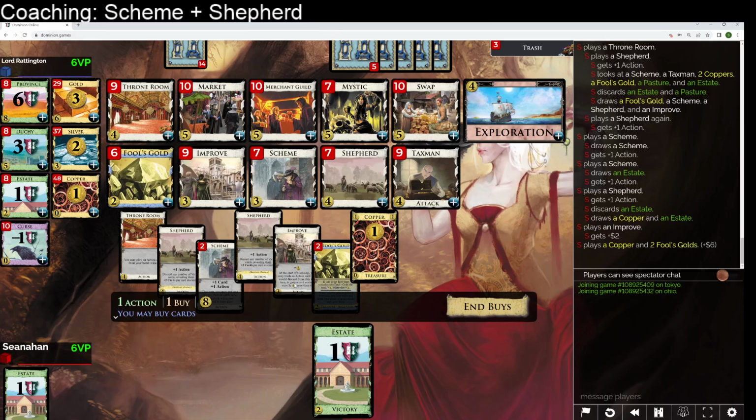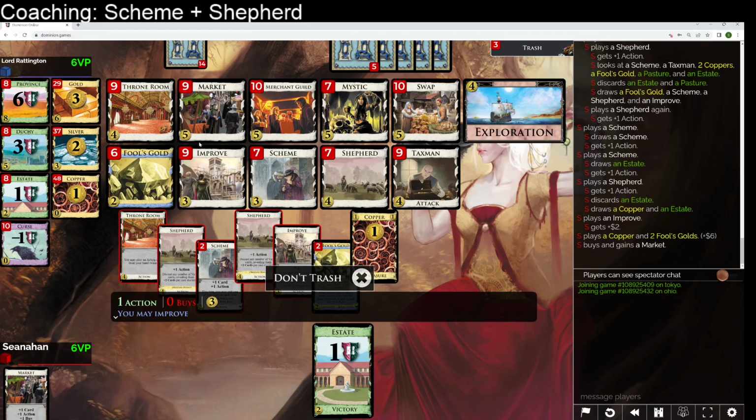So we hit 8. If we want to start taking provinces, we can. If we want to just take a market, we can. Maybe we want to get a market so we can start buying 2 things. That seems like the best card for the deck. And we'll top deck a Shepherd and